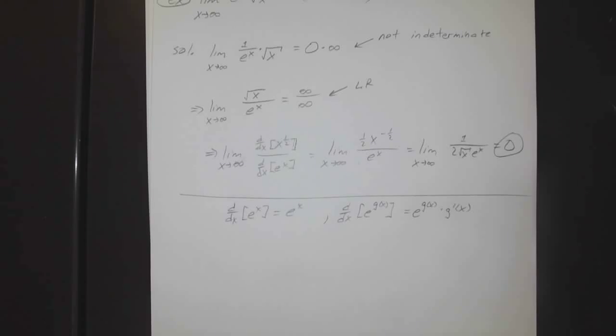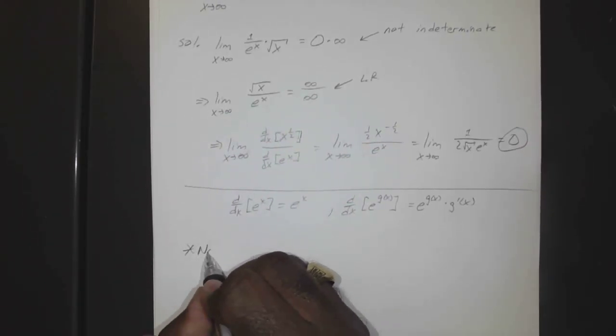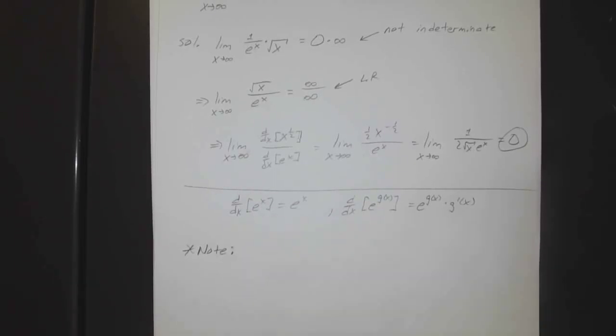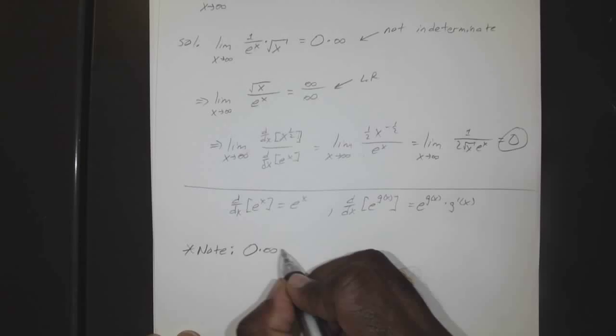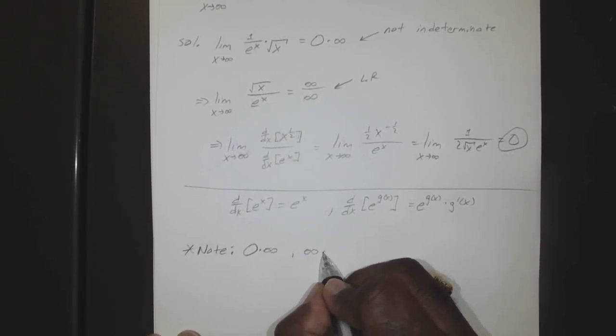All right, so, quick note. This is probably one of the most important. If you have 0 times infinity, infinity times infinity,